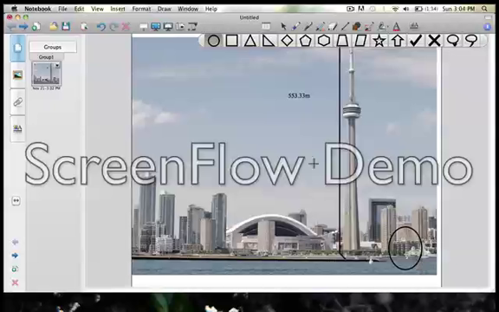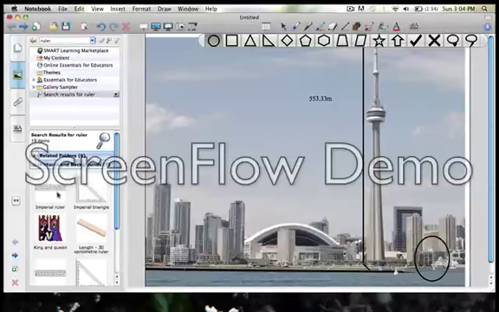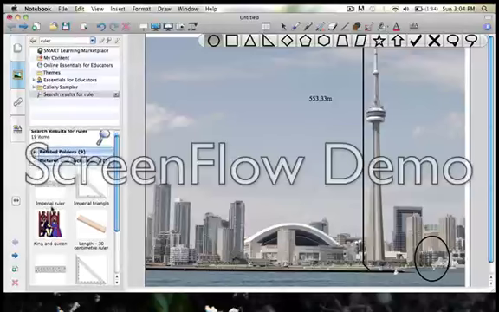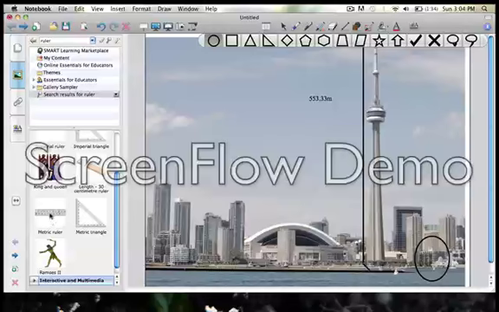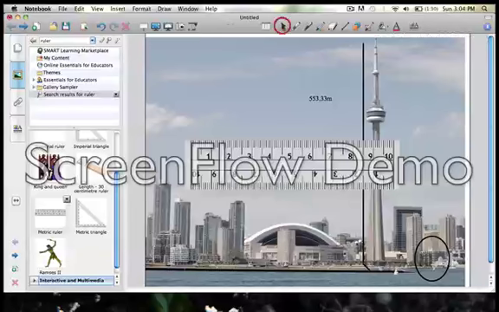So now I need to start working and thinking. The easiest thing that I could do is I could just use the content gallery, and I'm going to do a search for ruler, and I'm not going to use the imperial ruler because that's using inches. We are in Canada, so we're going to use the metric ruler. I'm actually going to just drag this right onto my page. Now what I can do is I'll go back and use my mouse button. I'm going to take this, and I'm going to flip it right